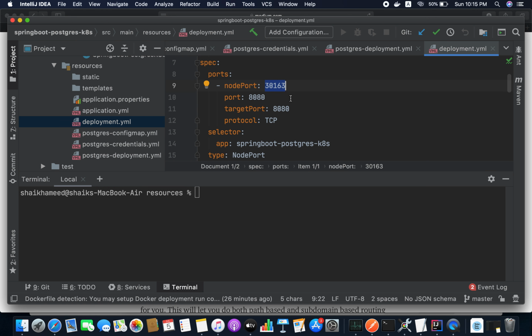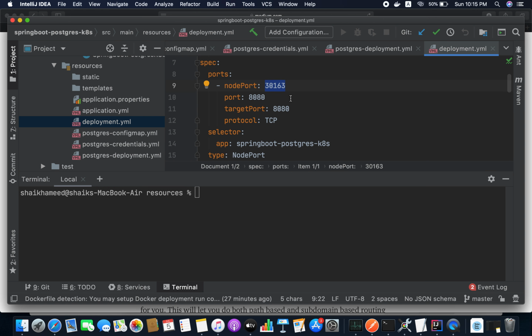Coming to the load balancer. What is a load balancer? A load balancer service is the standard way to expose a service to the internet. The node port is not recommended to expose a service, because we will have only one port for one service.